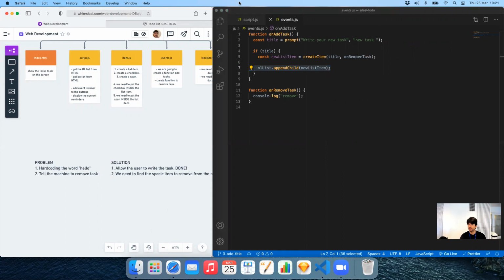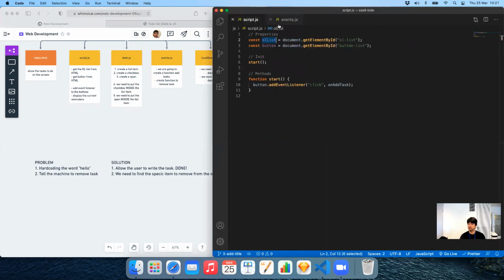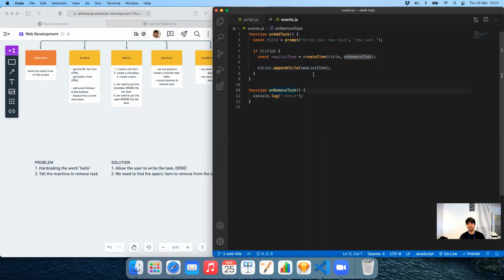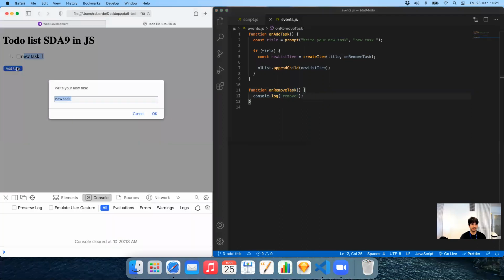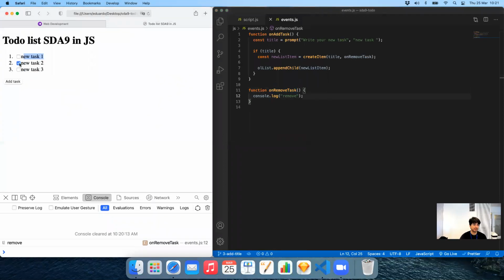Now let's do the other one. The other one is a little bit more complex, so let's try to do it. We know that the remove logic is working because we can add task number 2, number 3. But we only know that we remove. We don't know exactly which one is being removed. Remember that these